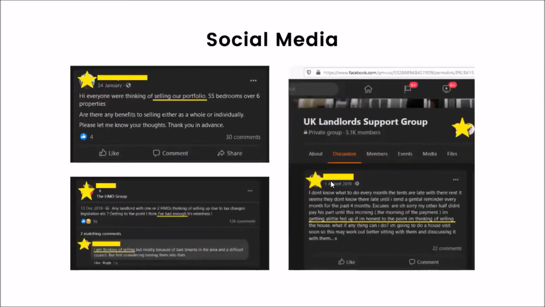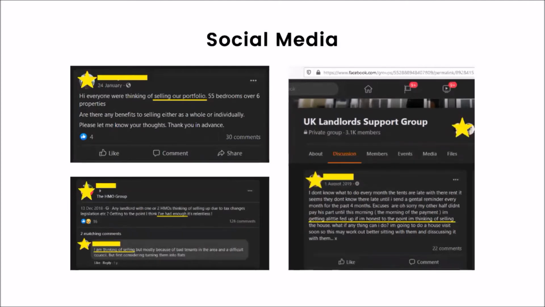Other social media examples. Hi everyone, we're thinking of selling our portfolio, 55 bedrooms over 6 properties. Are there any benefits to selling either as a whole or individually? Please let me know your thoughts. Thank you in advance. Now you can see here, this is actually quite a clever and sneaky way of maybe